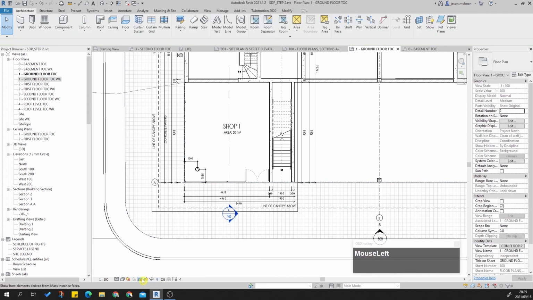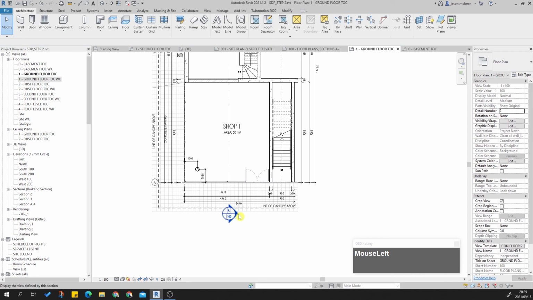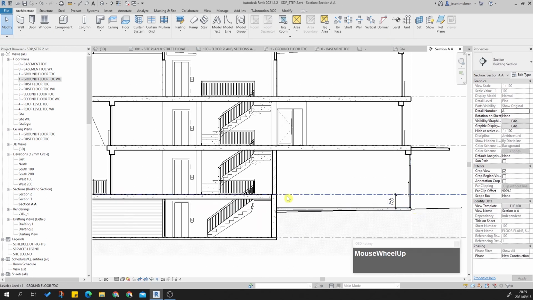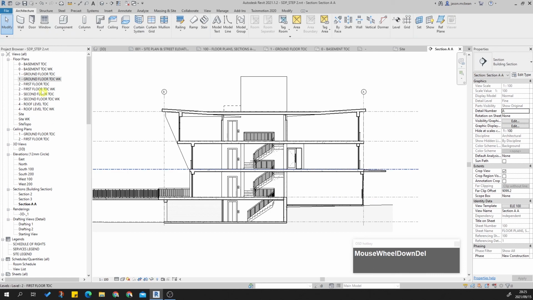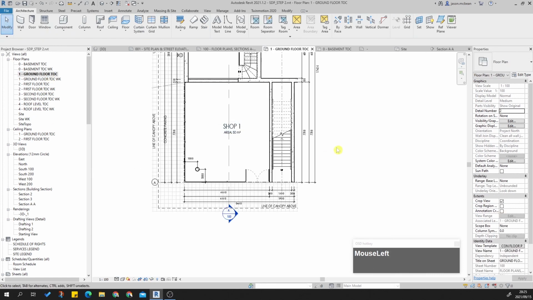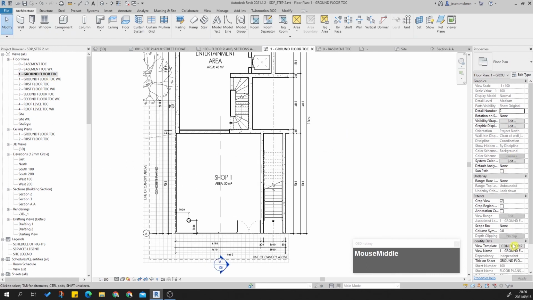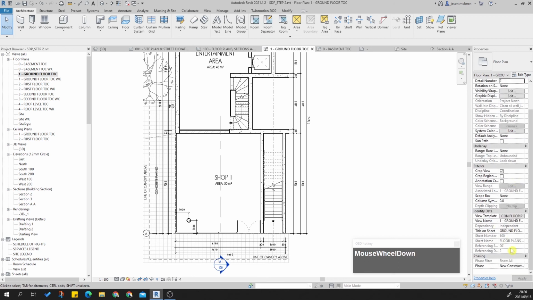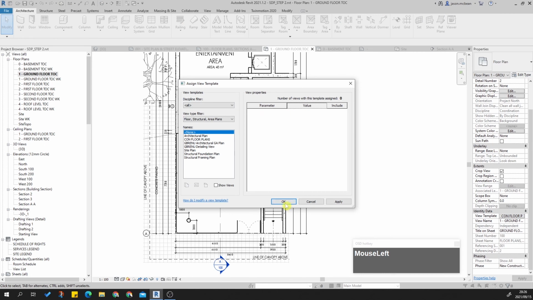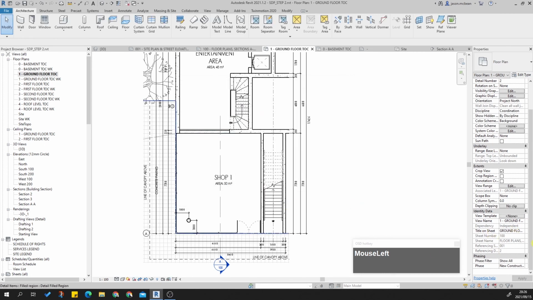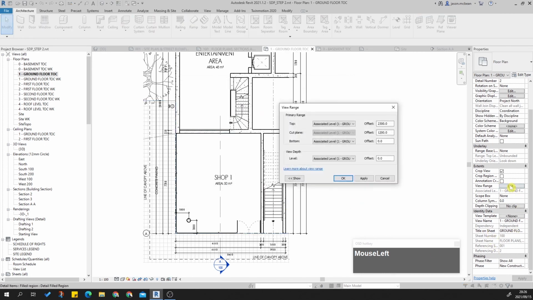So let's switch that back on, switch it off. You'll notice that my plan has a step, and sometimes it won't look correct on the plan. So what you need to do, and this is very important, is change your plan region. Let me just remove this template for the time being and explain what's going on. In this view range, here you'll need to tell it